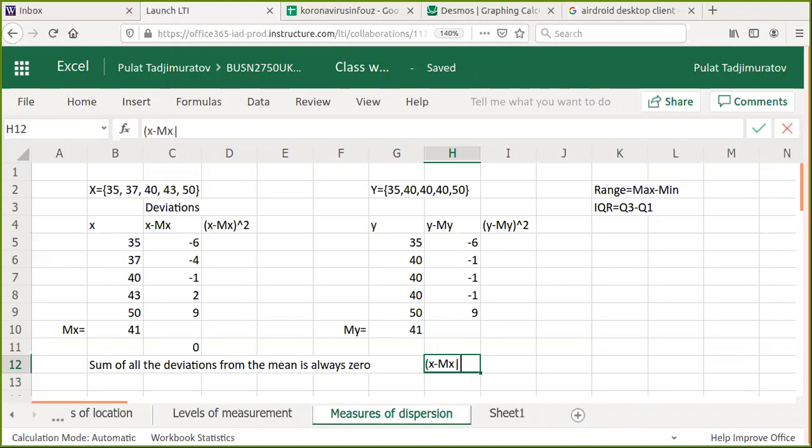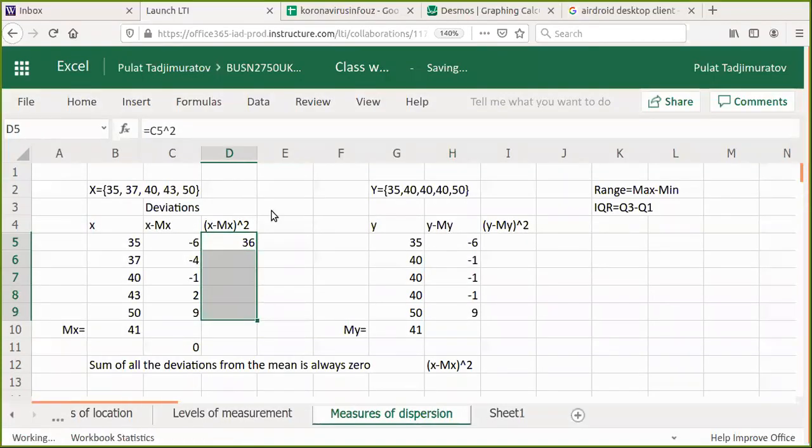So instead of an absolute value, I will take the square of deviation. And the square of any number is always positive, so we will get rid of those minus signs. So let's go ahead and do it. I need to take the square of this column. And now I have all the squares,